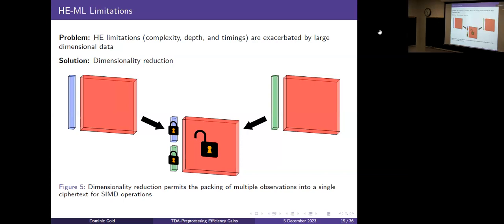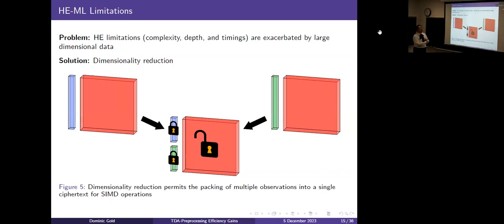What does dimensionality reduction allow you to do? This is like a nice little visualization of it. If you have a model here and you have your observation here, what it allows you to do is get a faithful but smaller dimensional representation of this guy, let's say half of it, same thing here, then you can encode and pack those two observations into a single slot and still run the model once. So this allows you to, and I even did it, that's half, right? If you could get it even smaller and smaller, you can pack in more and more. So this is my solution to those limitations.